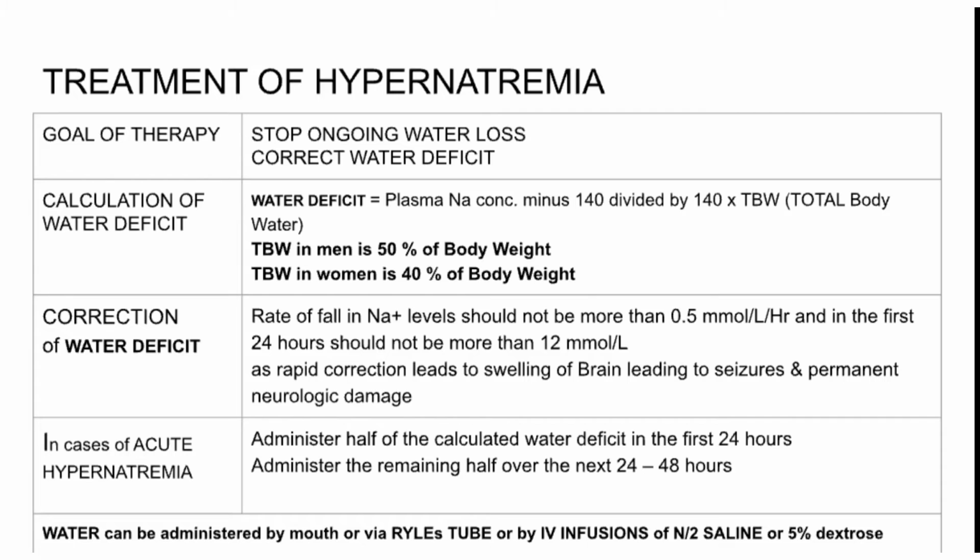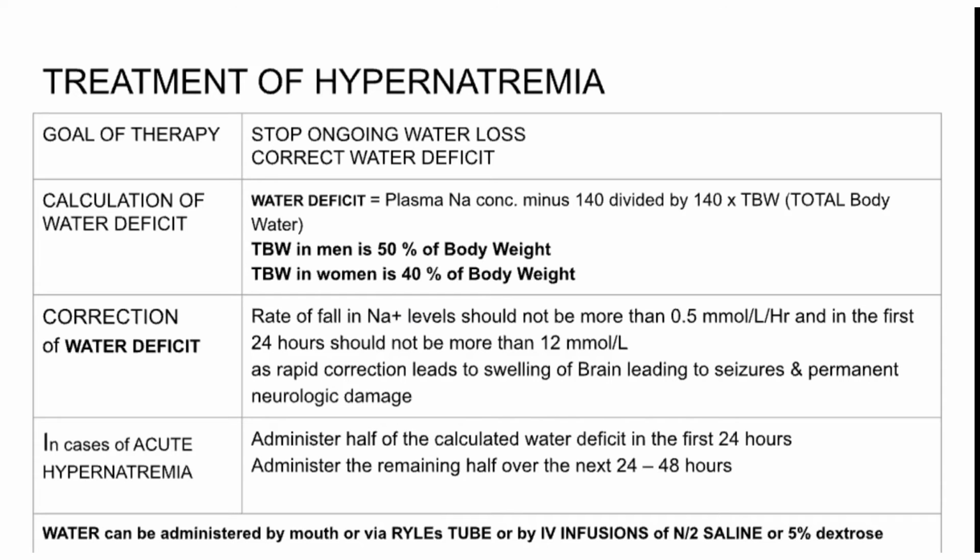Let's say a male patient has a body weight of 70 kg and his plasma sodium concentration comes to be 150. So his water deficit will be 150 minus 140 divided by 140 and multiplied by 35. This will come to roughly say 2.5 liters. So this water deficit has to be corrected